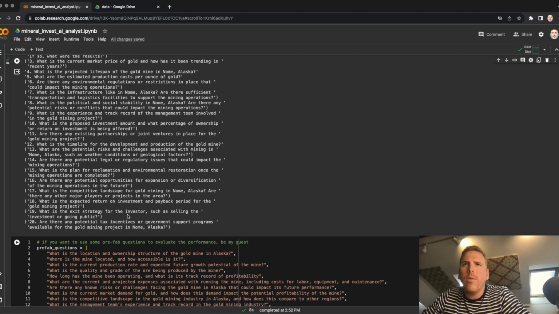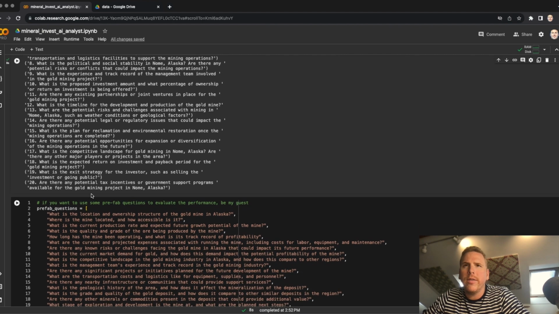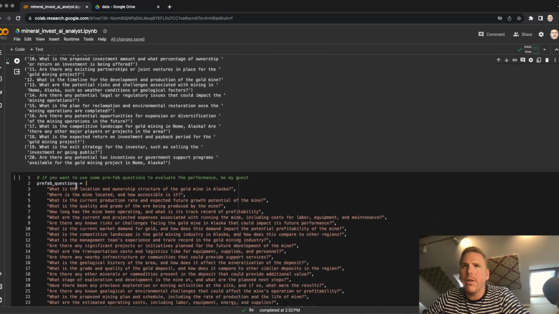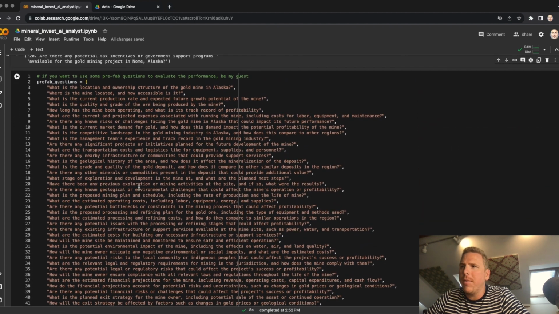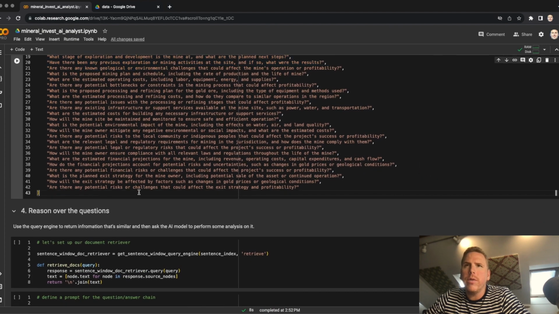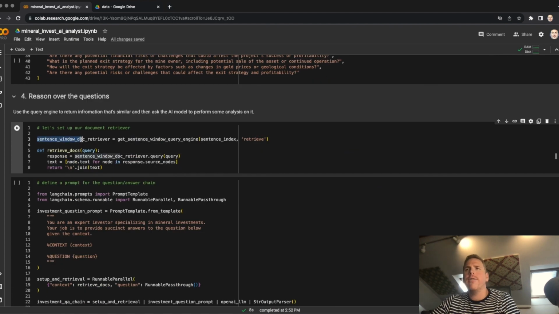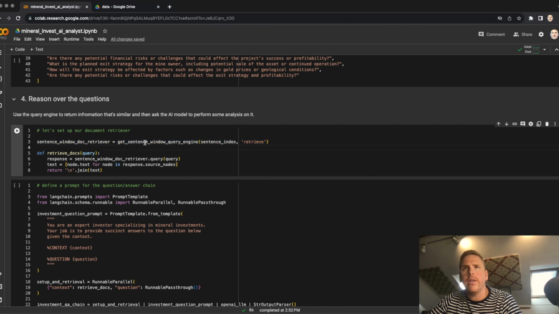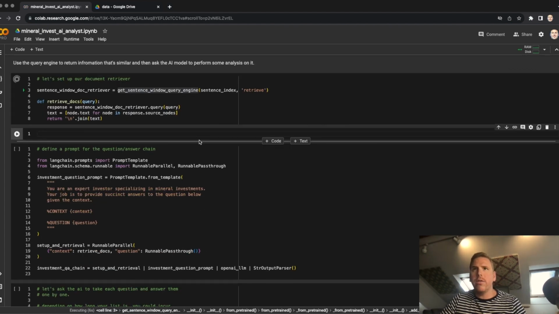And if you don't want to run this yourself, or if you're thinking, I just want some prefab questions just to test this out, I've actually generated several of them using Llama as a comparison, and then I just pulled them out one by one and put them in a list. So now we're going to take those questions and we're going to reason over them. And what I've done here is I've got my function call to the query engine to say I want to get a retrieval engine rather than the query engine. And we're going to use that to retrieve the documents in the database. So we have retrieve